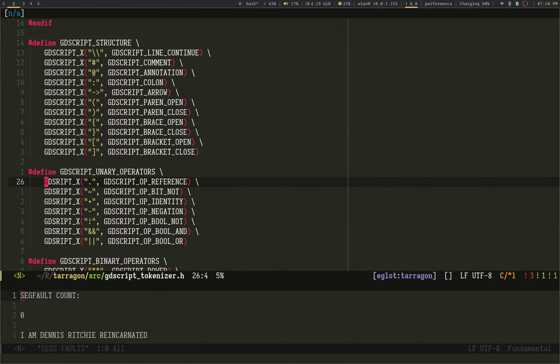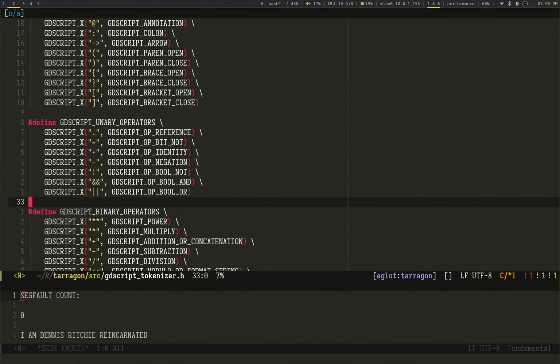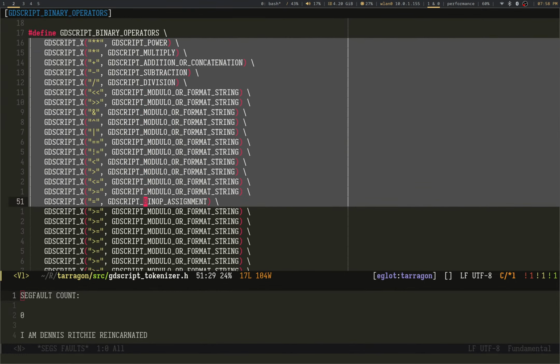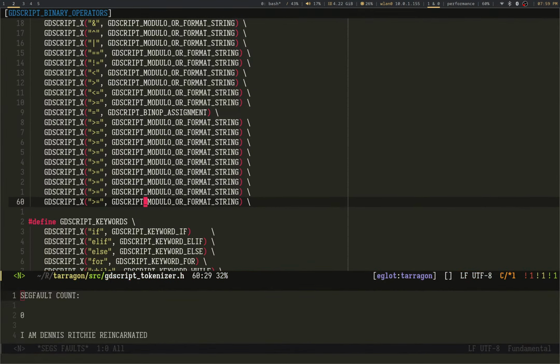All right. All right, cool. Replace the first occurrence of that is not X. Whatever. Do this the old-fashioned way.